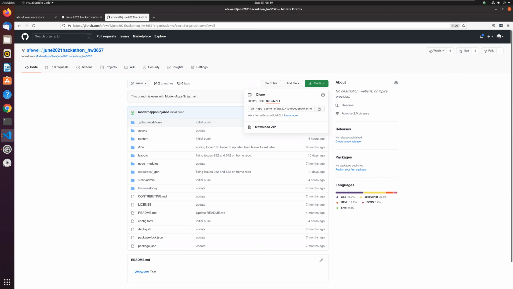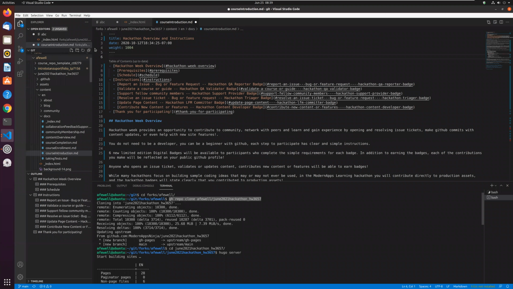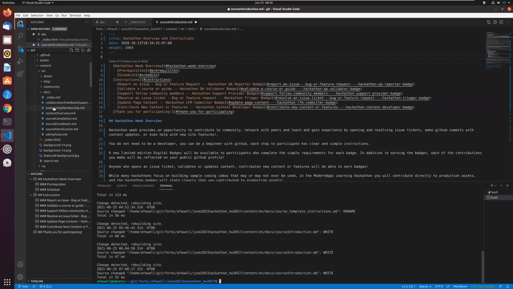So I copied that, and then I went into my bash shell, and as you can see right here, I entered this command to clone this new hackathon repository. And Visual Studio Code has this nice tree browser. So once I cloned the repository into my local file system, I was able to hit the refresh button here, and my folder showed up here. So now I can continue to navigate and do things from the CLI, but I also have this nice little clickable file browser here to go through and finish the editing on my files.